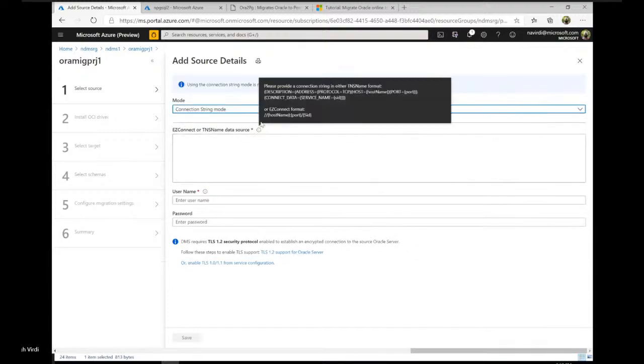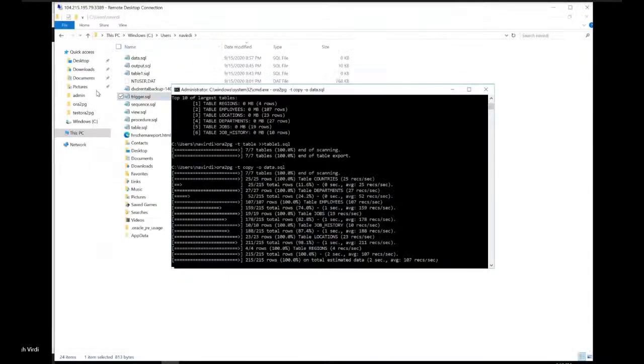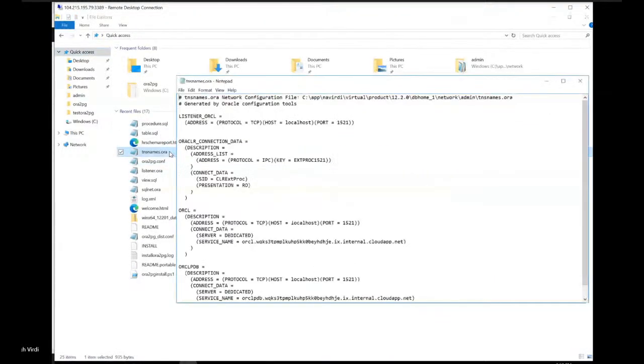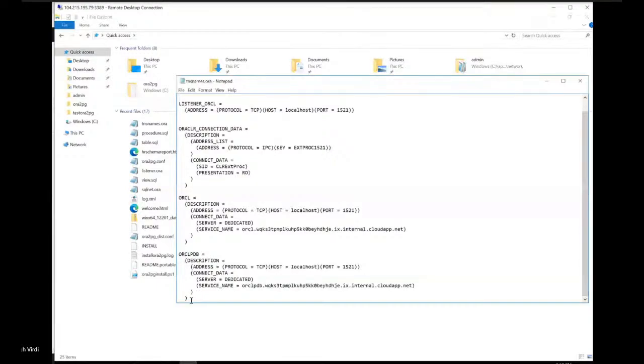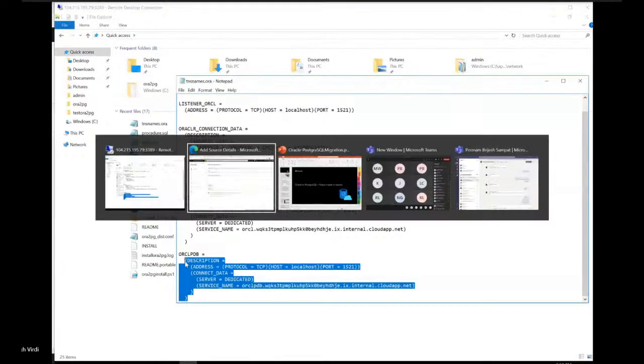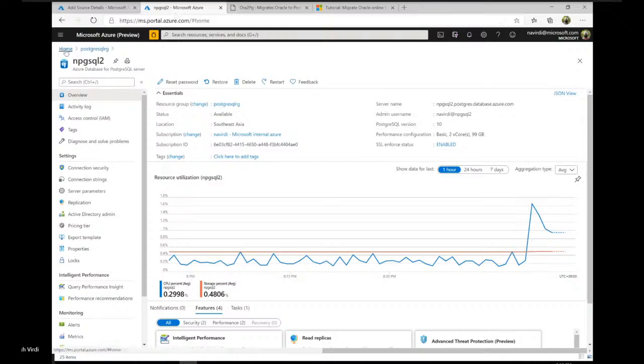Now here you can actually use the same TNS connect string that you created in TNS, the same can be moved here, and just modify the host name.